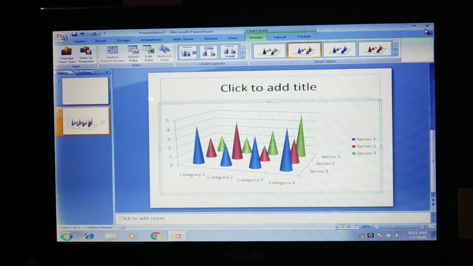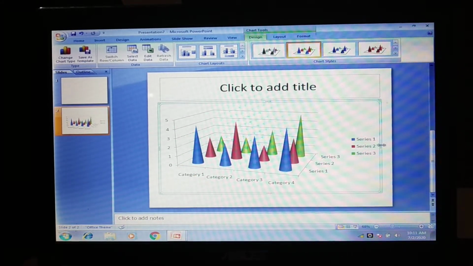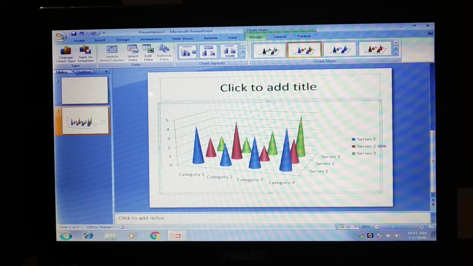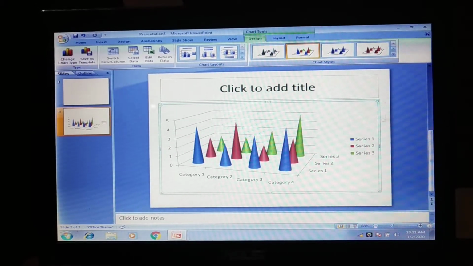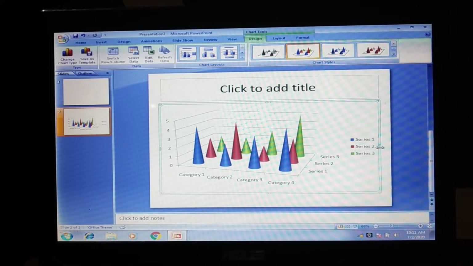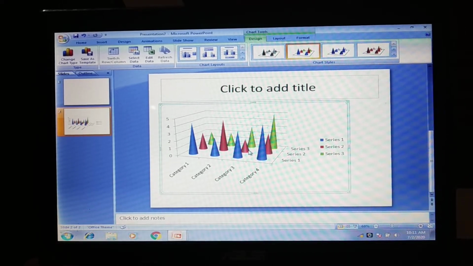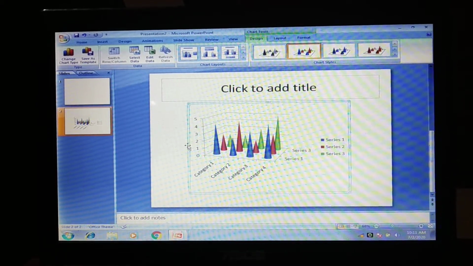This was already prepared in the computer beforehand. So this is the chart I have inserted, and I can adjust the size. A double-headed arrow comes here. Press, the plus sign appears, then pull it inside, or sometimes you pull it outside to adjust the size.